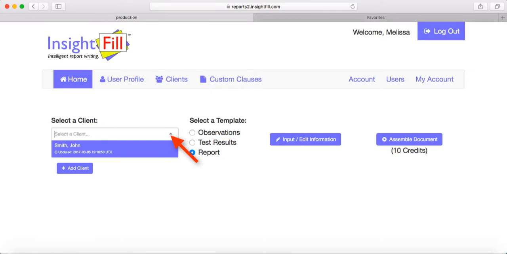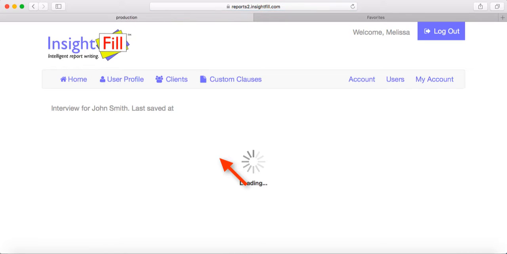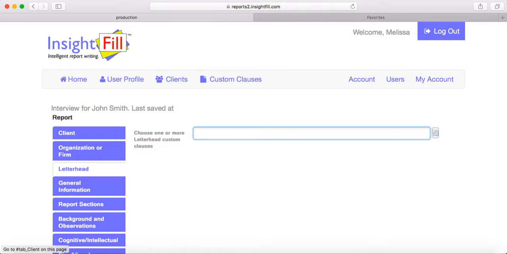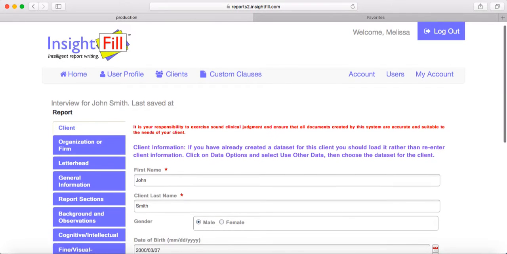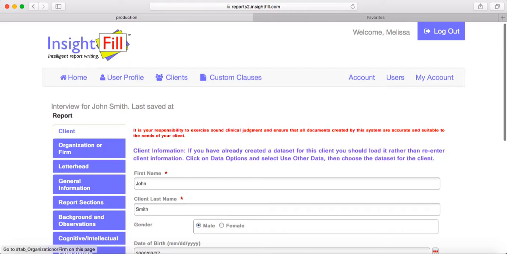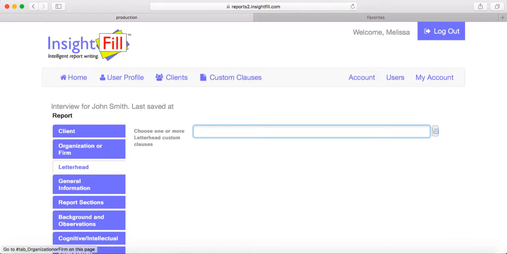I'm going to select a client, but you can also add in a new client if you want. And what we're going to do is we've got the report over here that we're going to be working on. So in this case, what we have here is the client's name and so on that we've already entered. The organization and firm, if you had filled out your user profile, this will fill it in over here. If you have used custom clauses, which we will talk about at a later date, you could add your letterhead